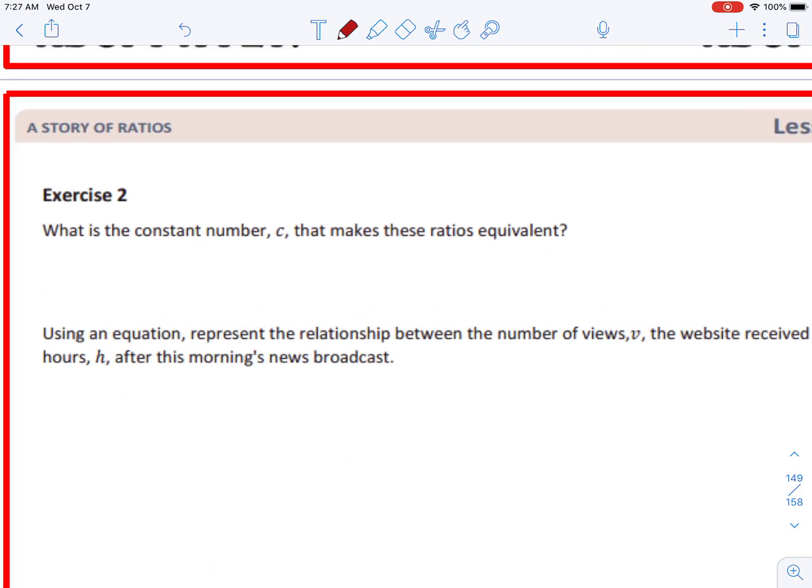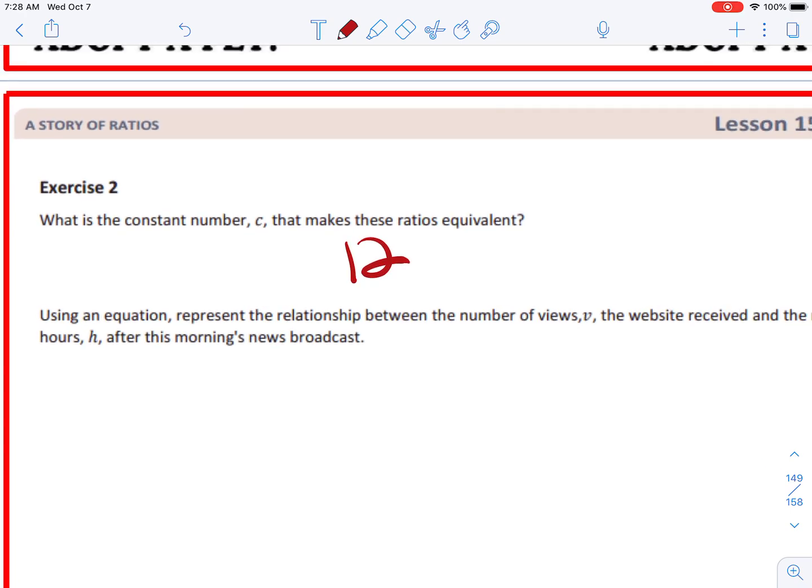So, what is the constant number C that makes these ratios equivalent? Well, it's 12 because that's what you have to multiply the hours by to get the views, okay? And now, using an equation,